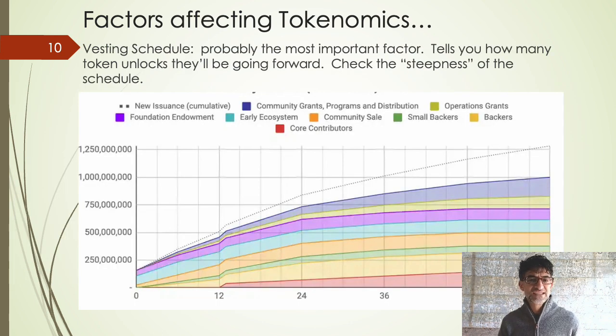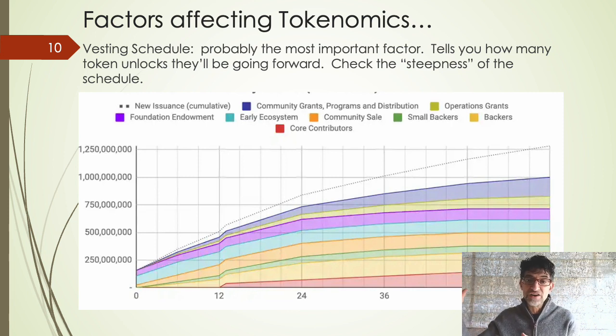And this is the vesting schedule for Near Protocol. And I said earlier when I showed you those bullets of what's important for tokenomics, I mentioned that the vesting schedule is extremely important. Well, if I didn't, I'm doing it now. So as I mentioned earlier, whether or not the total supply is high versus circulating supply, that's important. But what also is important is whale risk and this. This is the vesting schedule.